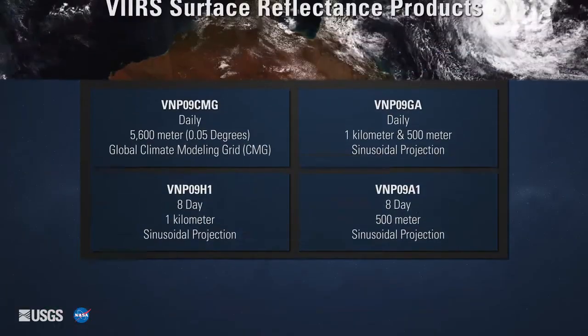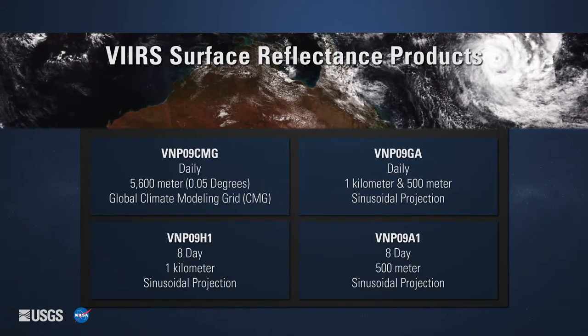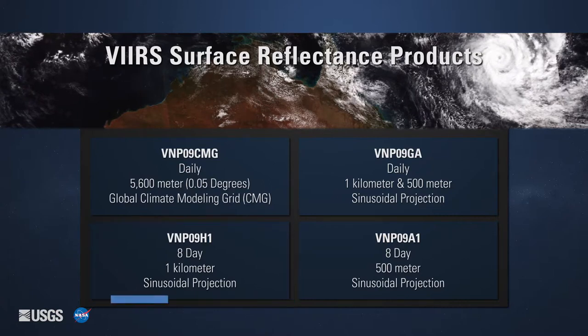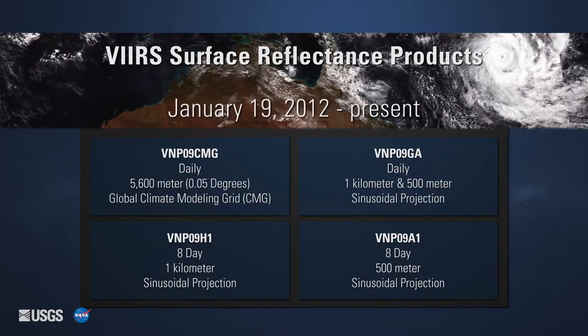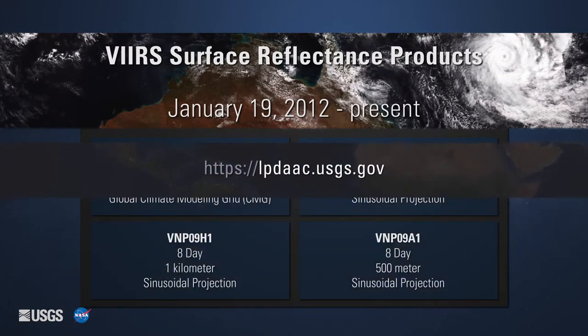The daily surface reflectance products are available as a 0.05 degree or 5,600 meter Climate Modeling Grid, or CMG, and as a 1 kilometer or 500 meter tiled product in sinusoidal projection, based on the MODIS sphere. The 8-day surface reflectance products are available as 1 kilometer and 500 meter tiled products, also in sinusoidal projection. Data products are available from January 19, 2012 to present. Detailed information about each of the individual products can be found on the LP DAAC website at